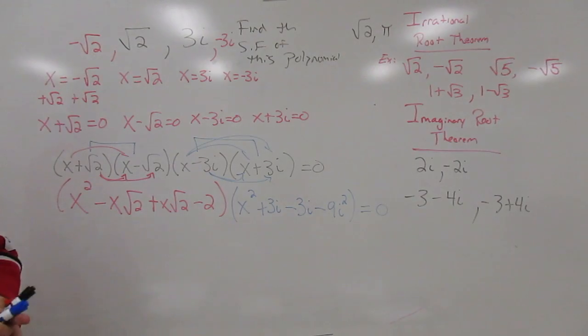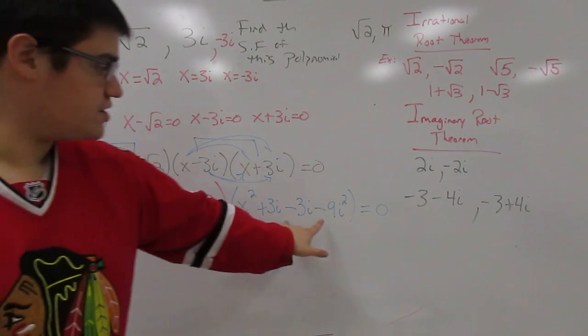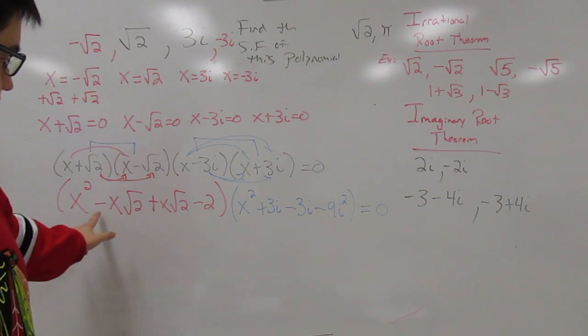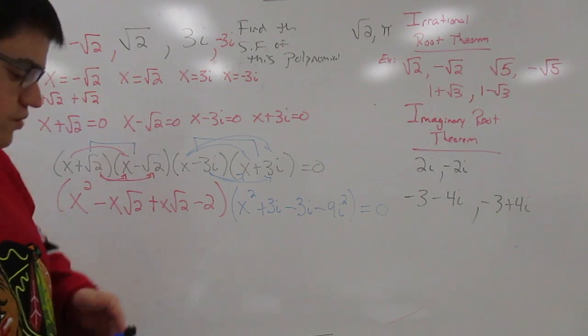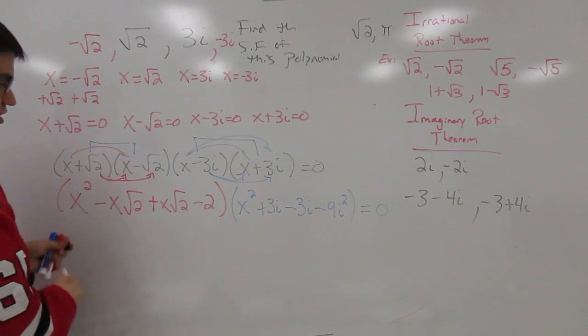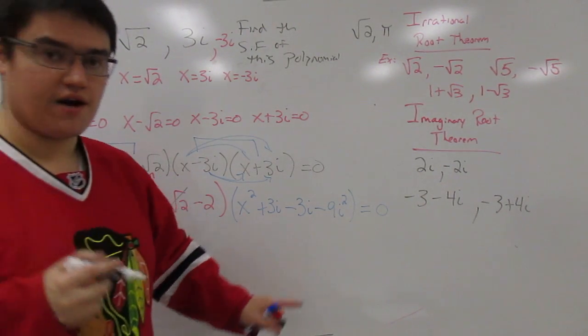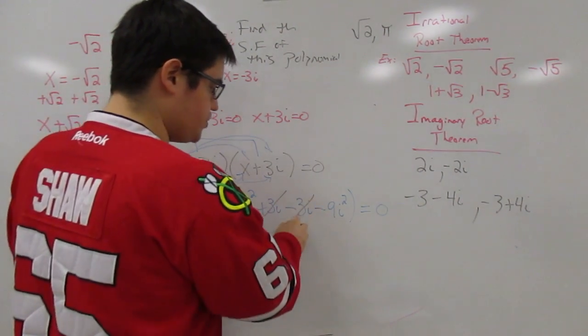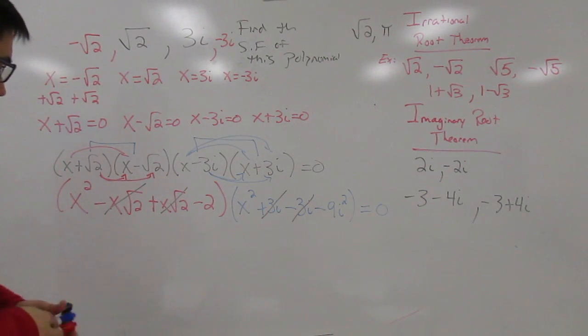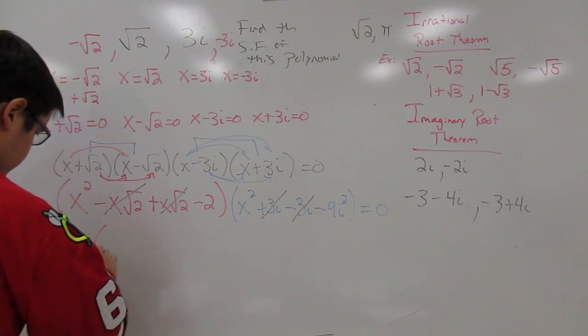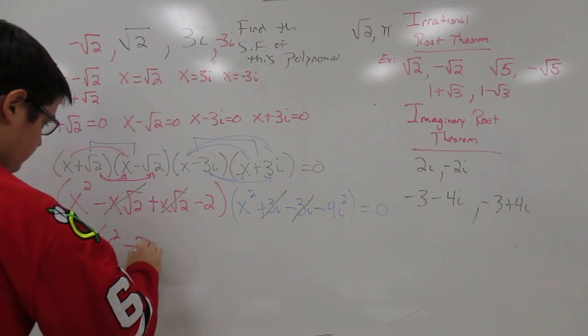Now the nice thing about this, look inside your parentheses here, and you see negative x square root 2 plus x square root 2. These guys cancel out. Sum up to 0. And the same thing happens here. Sum up to 0. So now I'm left with x squared minus 2